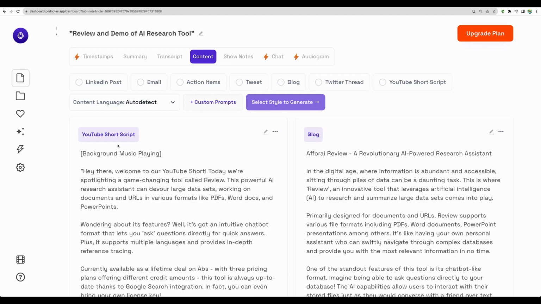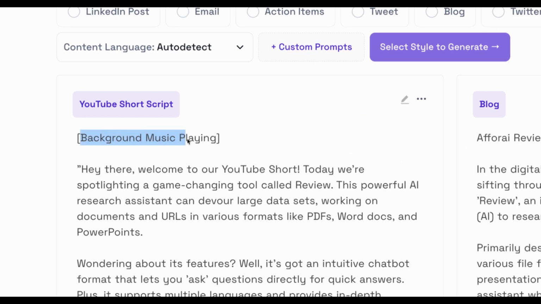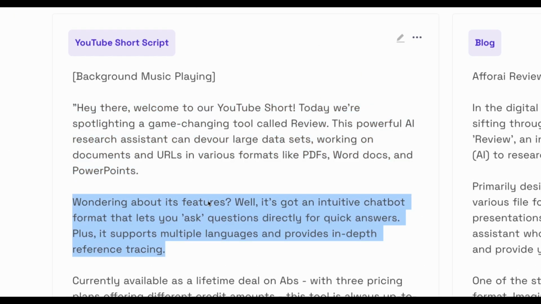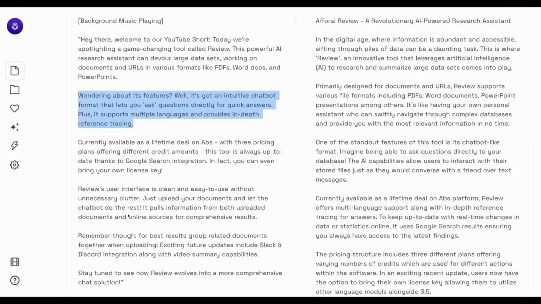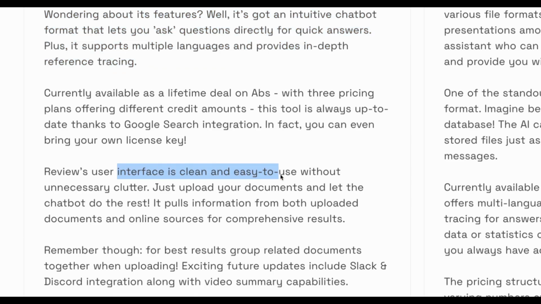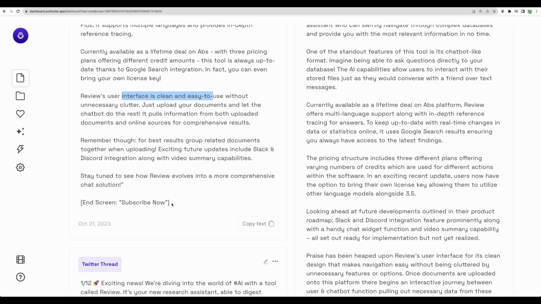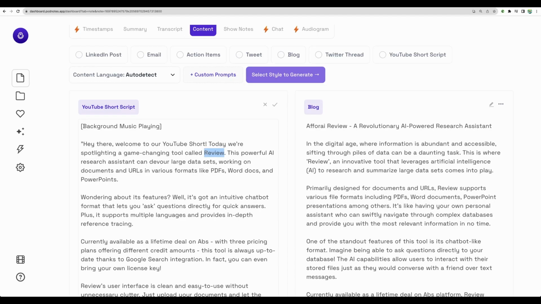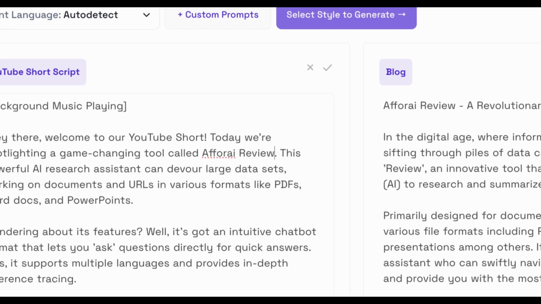All right, here it is. We have our scenes defined, like background music playing. I believe it can be one scene, after which we can input some funny GIFs, then transition to new scene, introducing key features, mentioning clean and easy to use interface. I believe this is great. Of course, you need to edit it a bit, like here, we need to add the name of the tool,